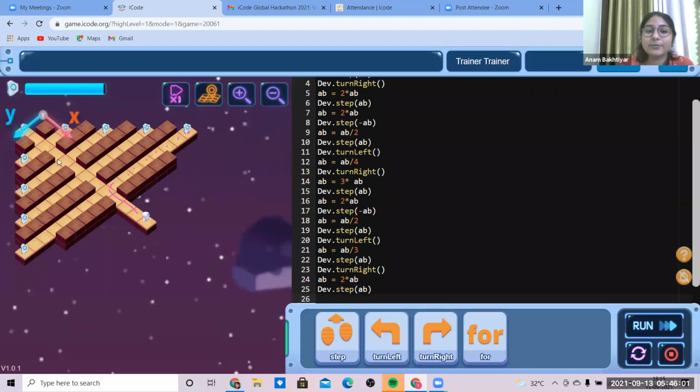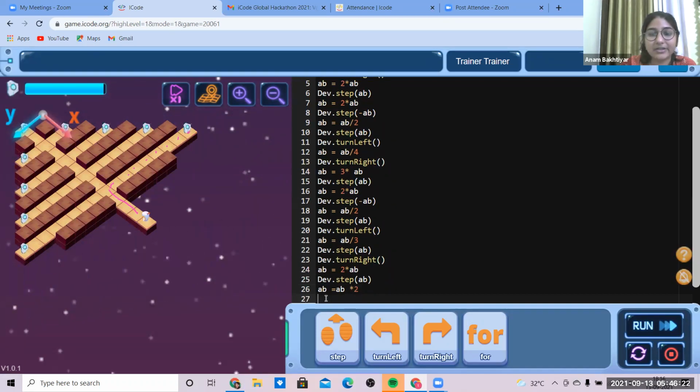So now it has to move in the reverse direction. 4 now. Now it will become 2 times that. AB into 2. AB is equal to AB into 2. So what will it become? It will become 8 now. So it has to move 8 steps in the negative direction.